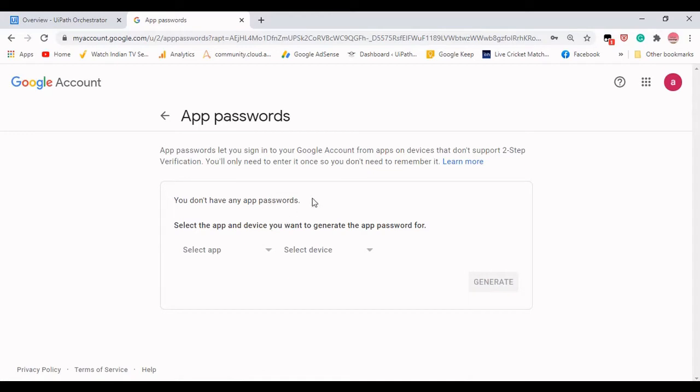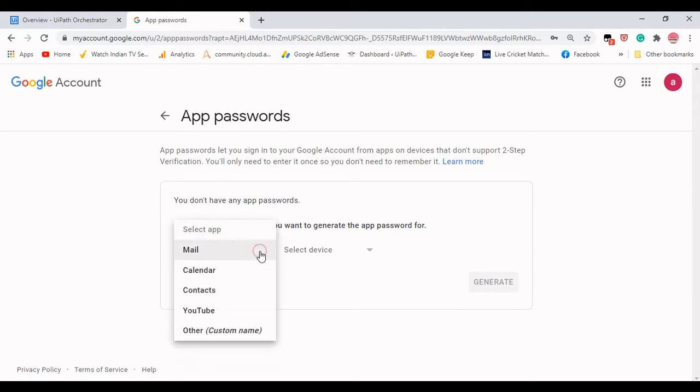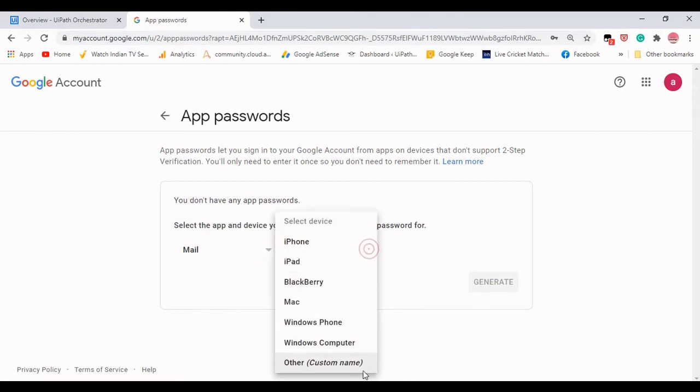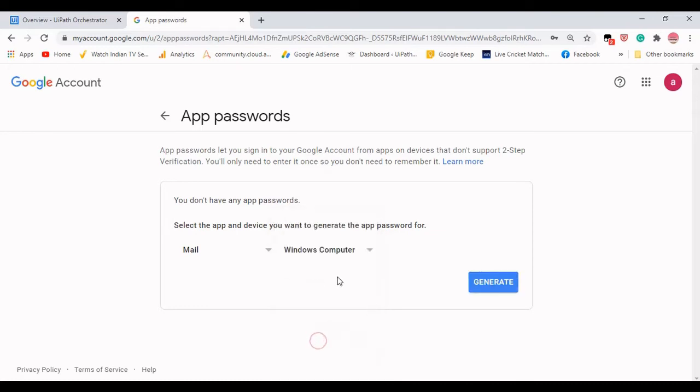Here, in the select app drop down, you need to select mail, and then select the device as well. You need to select a Windows computer here, or else if you are using a Mac, you can select Mac or Windows phone or a custom name. Here it is Windows computer.